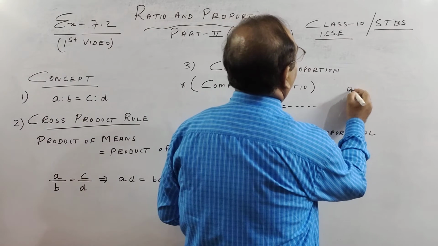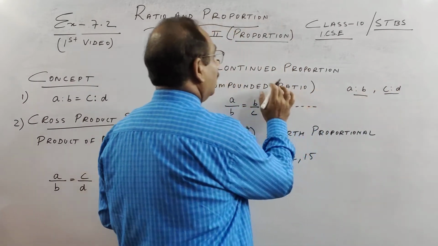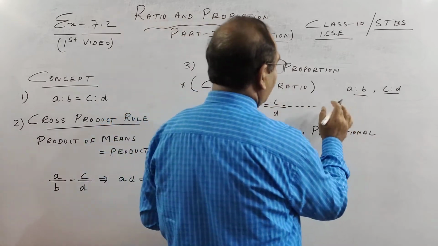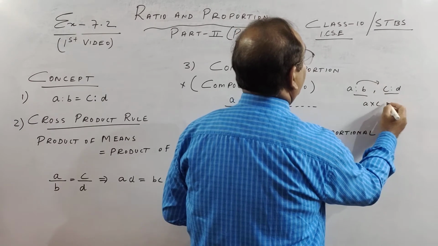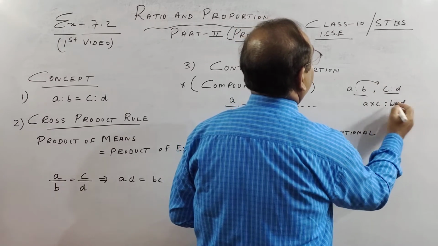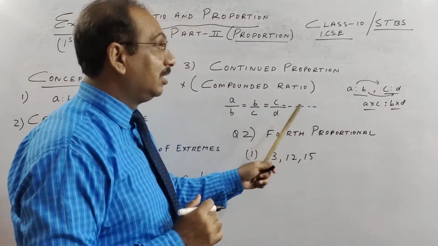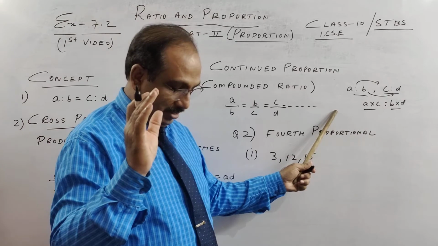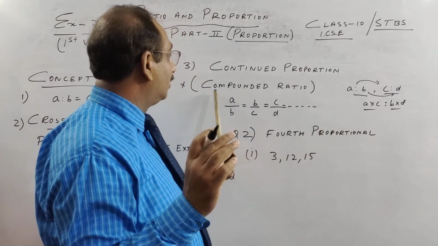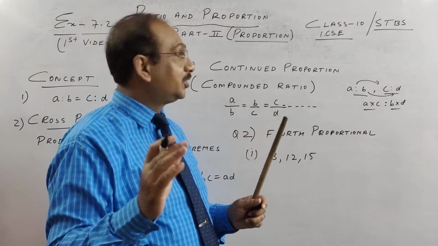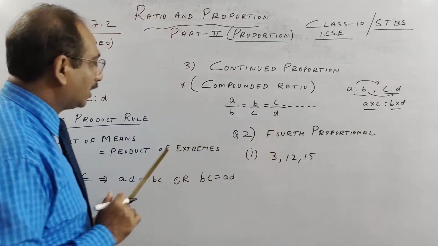If you want, I can tell you, A is to B and there is a second ratio. This is on ratio, this is proportion. So compounded ratio is first term with first term, and second with second. Compounded ratio is a ratio, children. At the very beginning of my lesson on ratio, I have taught about compounded ratio. Here I am teaching proportion where two ratios are equal. Anyway, kindly note that.